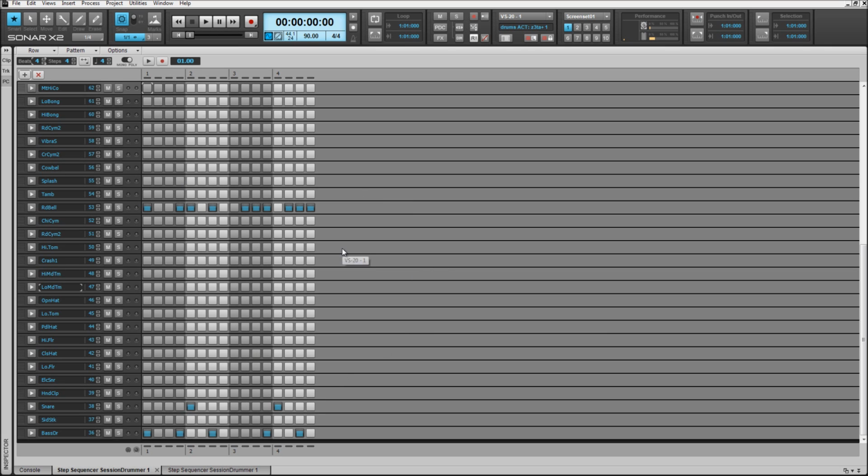So here we have a very basic beat that I started a while ago, and I'm going to break down exactly how you can create beats, level them, add new sounds into the rows here, and what the beats and steps buttons mean. So let's get started. Okay, so basically what we have on the left hand side here are the different sounds